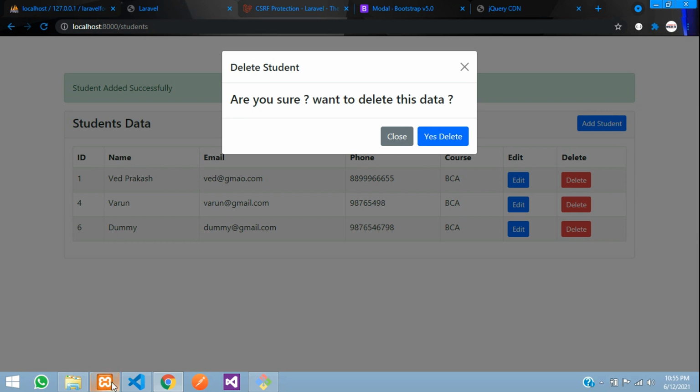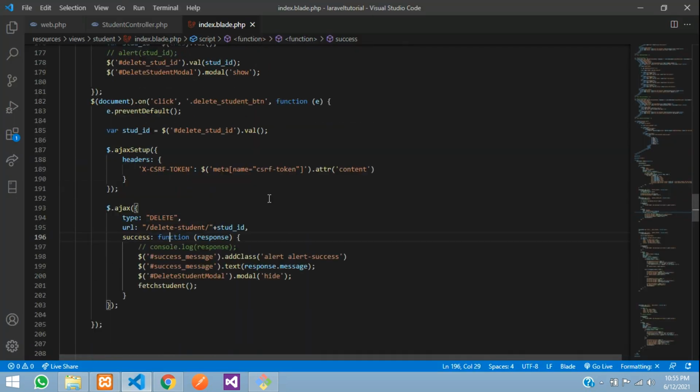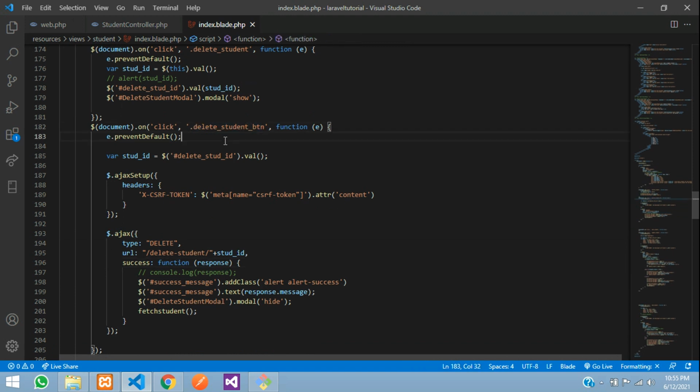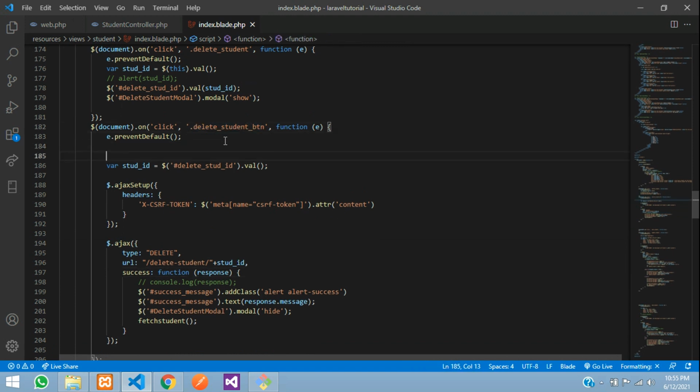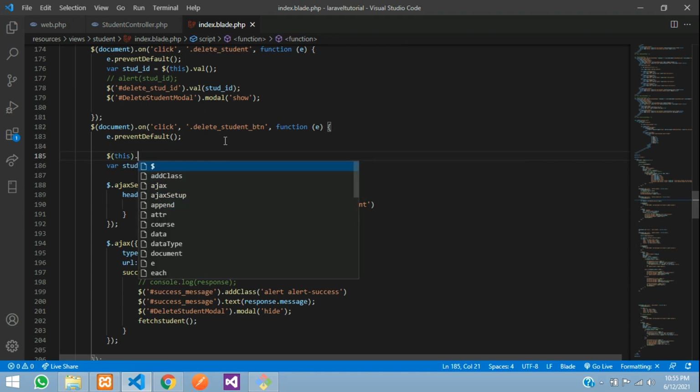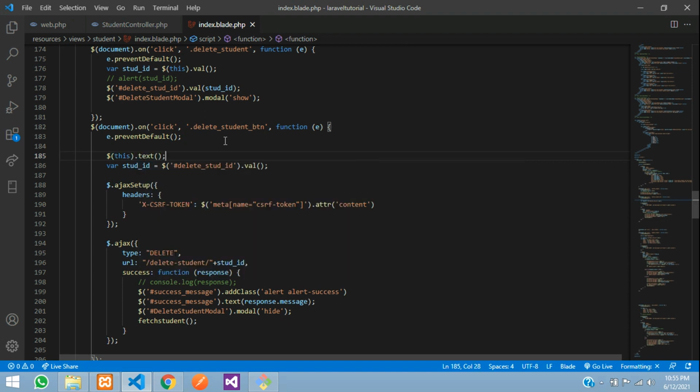So let's make that simple thing over here. When I click on this button, what I want is this.text, just write simple thing, deleting.